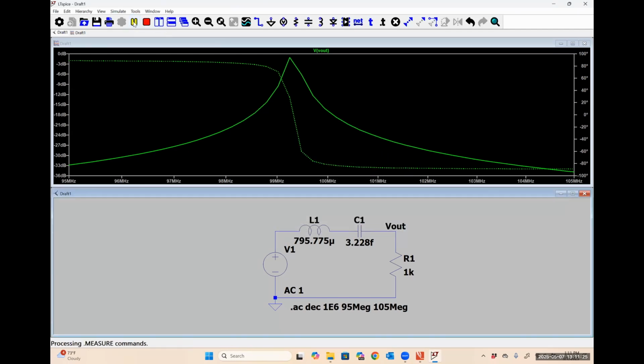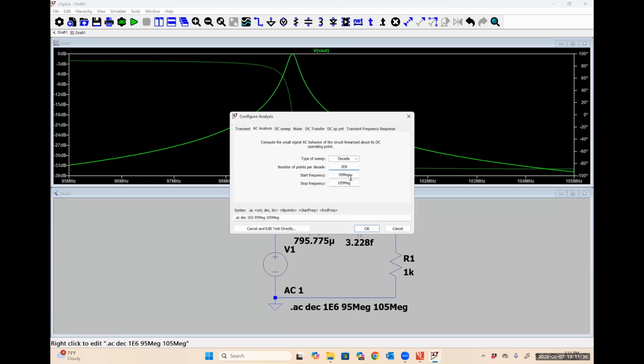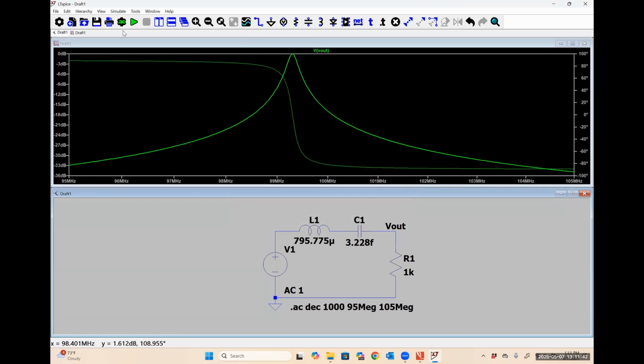And when I run it now, it actually looks a lot better. So let me go back, because I want to show you something important here that actually got missed. If I put this back at 1,000 points per decade, which seems like a whole lot of points per decade,